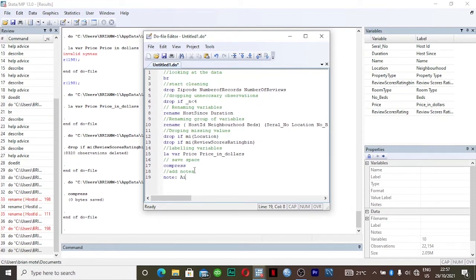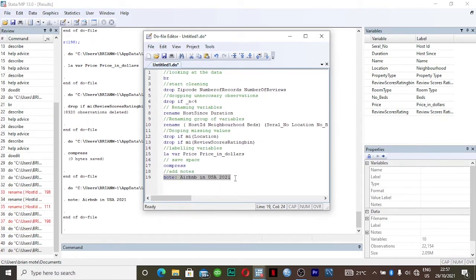You can say Airbnb in USA 2021. Can add that as a note. Right, Control D. See, the note has been added. Therefore, when you come back later, you'll be able to know what this data is about.